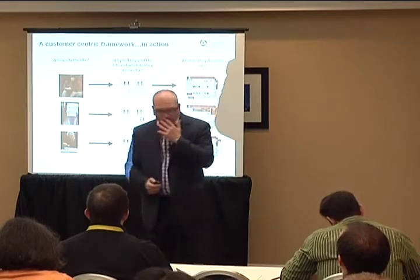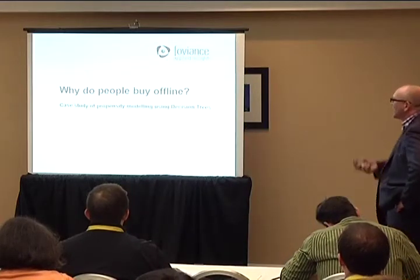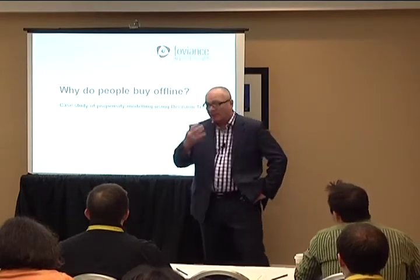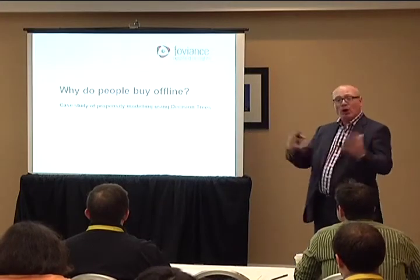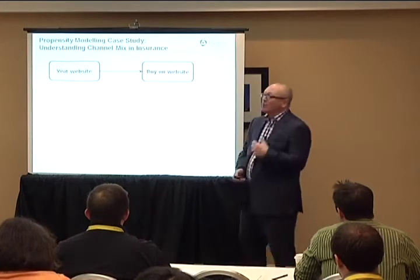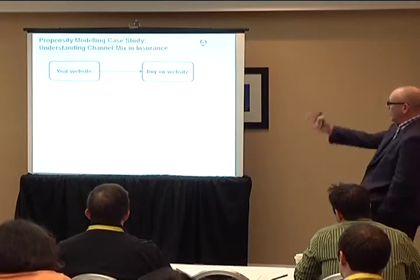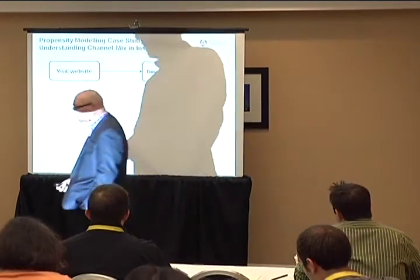The second example is slightly different. And it's about using another technique, which I happen to like, called propensity modeling. The technique is something called using decision trees. And that's a sort of a generic term for a whole family of different algorithms. In this particular example, we're working with an insurance company. And the typical web analytics view of the world, we're basically looking at people who come to the website